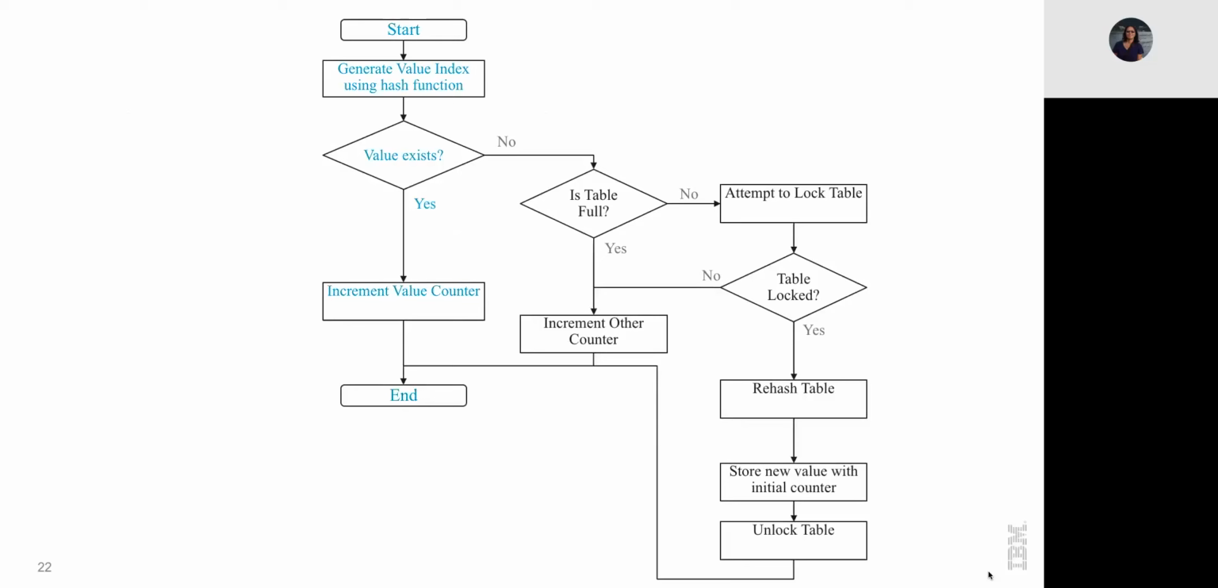If that value does not exist, then it tries to check if the table is full or not. That means if it can add new values to a table or not. If it cannot add new values to a table, then it contributes that value to uncounted cases and continues running the main program. If it can add new values to a table, it attempts to lock the table and checks if the table is locked or not. If the table cannot be locked, then it again contributes that value to uncounted cases and continues the execution of the main program. If it can add a new value to a table,